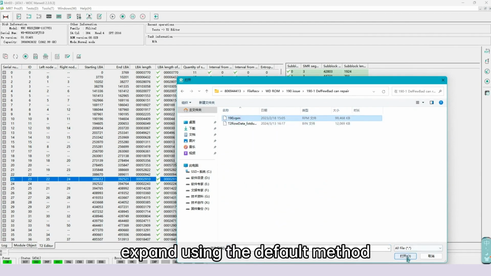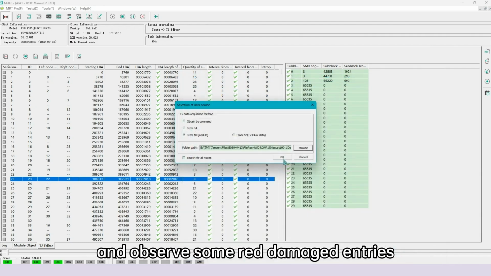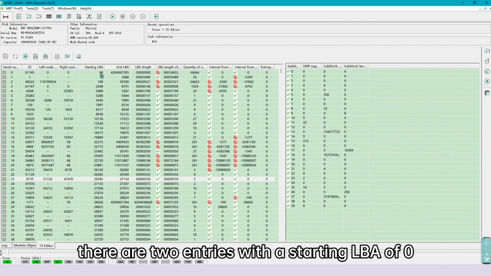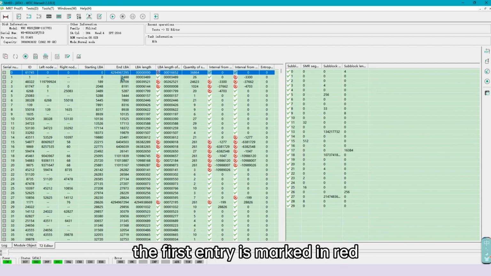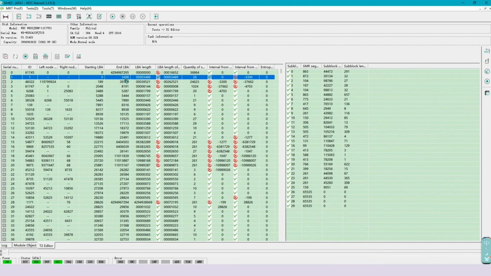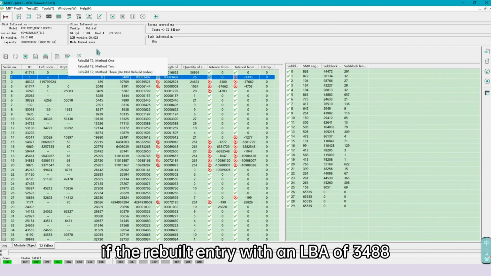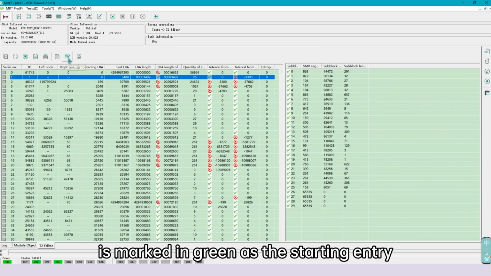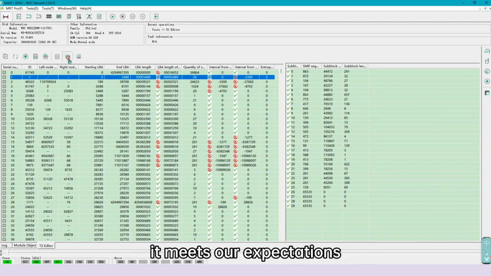Expand using the default method and observe some red damaged entries. There are two entries with a starting LBA of 0. The first entry is marked in red. The second entry is marked in green. If the rebuilt entry with an LBA of 3,488 is marked in green as the starting entry, it meets our